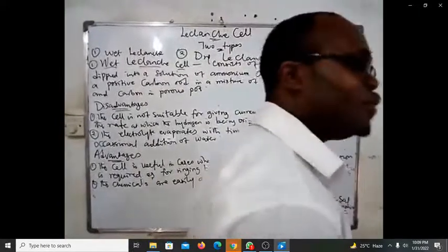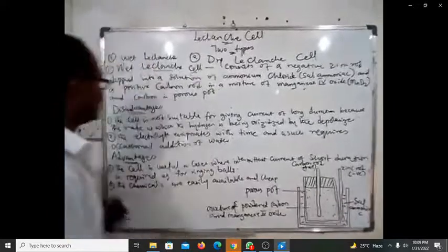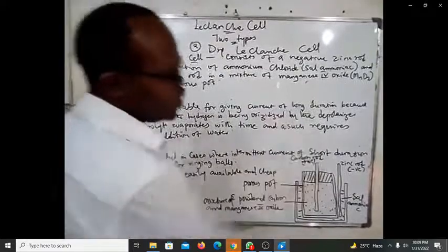What are the advantages of this wet Leclanche cell over the dry one, or over Daniel cell, or over simple voltaic cell? What are the disadvantages? Let's go with the disadvantages first. The cell is not suitable for giving current of long